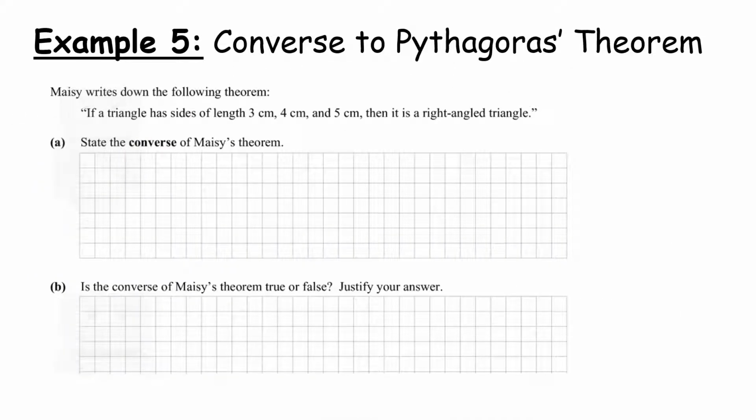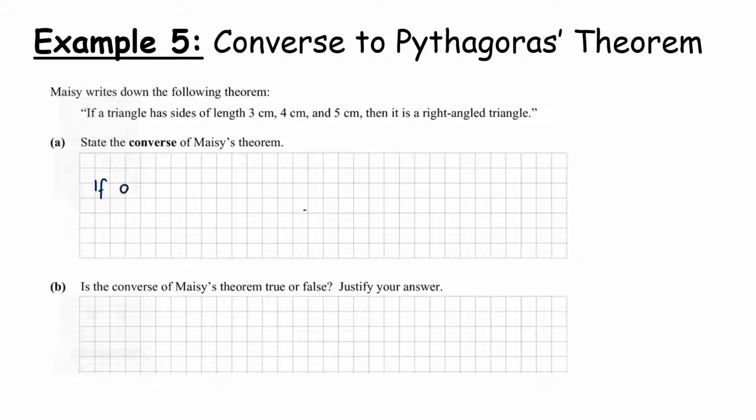Now let's look at an example which uses the converse of Pythagoras' theorem. So Maisie writes down the following theorem. If a triangle has sides of length 3, 4 and 5, then it is a right angle triangle. State the converse of Maisie's theorem. So basically the converse is working opposite. So if a triangle has sides of length 3, 4 and 5, then it is a right angle triangle. So the opposite is